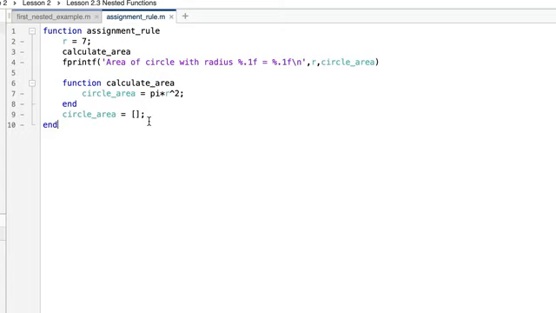Both assigning a value to a variable in the body of a function and including the variable as an argument in the signature of a function serve to define a variable for that function. And thus, MATLAB's rule for sharing variables states that a variable must be defined in a parent in order to be accessible in its child. So, if assignment rule were to have circle area as an argument, we would need to include this superfluous assignment to an empty array. Let's remove both of these assignment statements